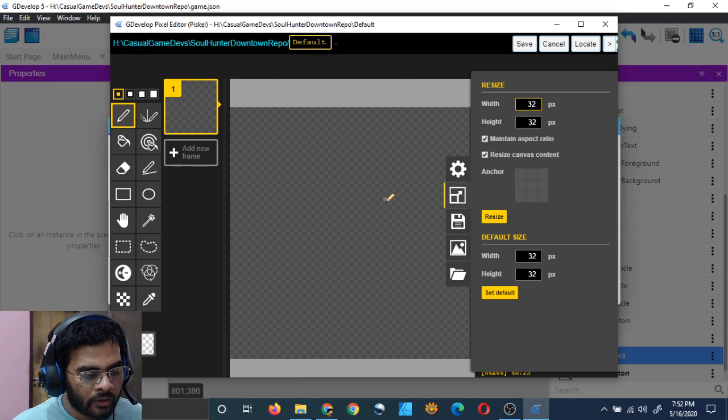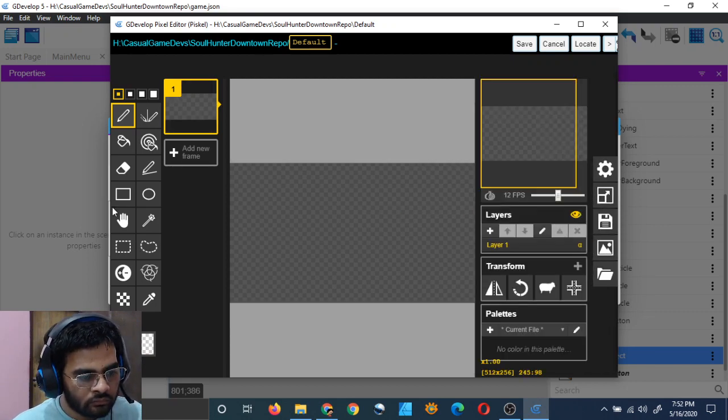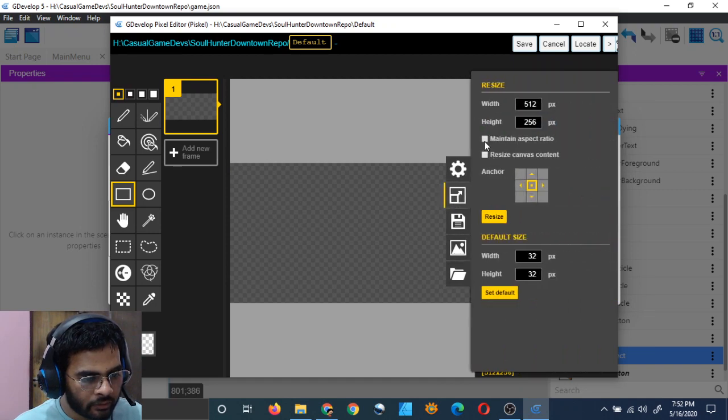So the width 512, but the height should be 256. And then just draw, resize for easy editing.